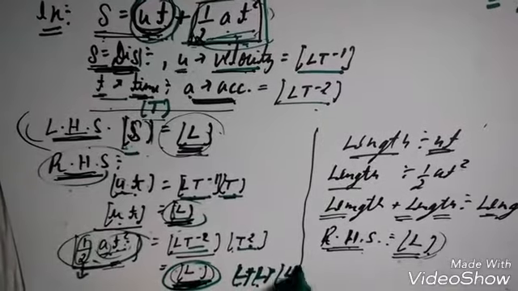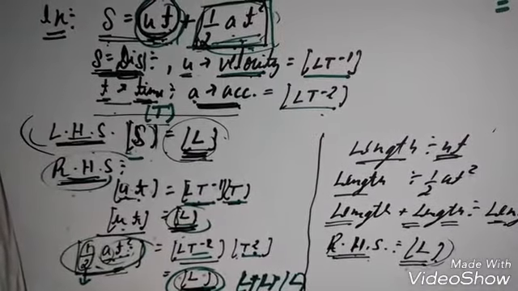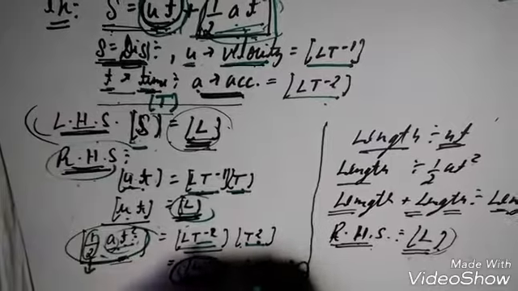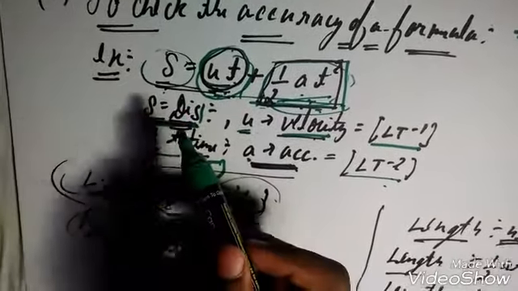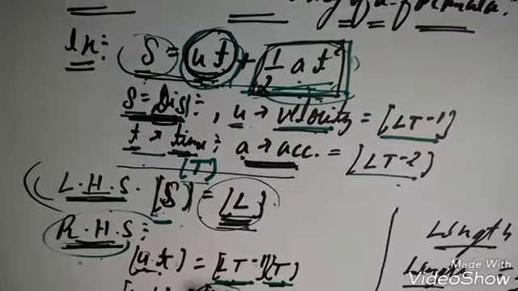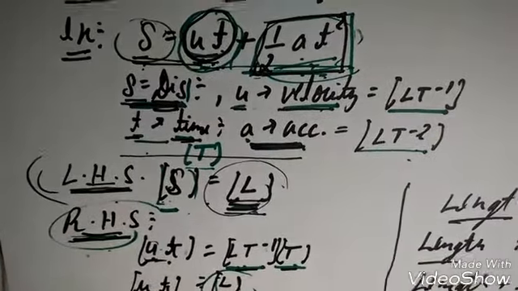Same dimensions when added together will give rise to the same dimension formula, as explained in the principle of homogeneity. It also has a dimension formula of L. In the left hand side, we also have a dimension formula of L. Means the formula is marked as correct. Thank you.